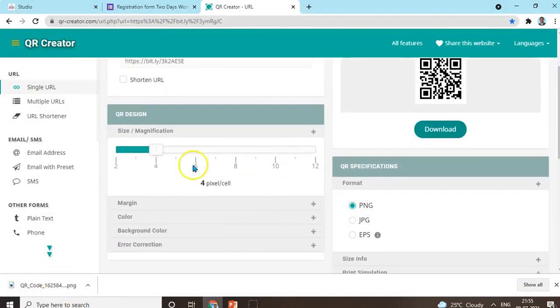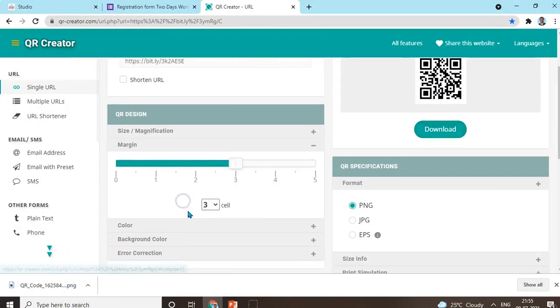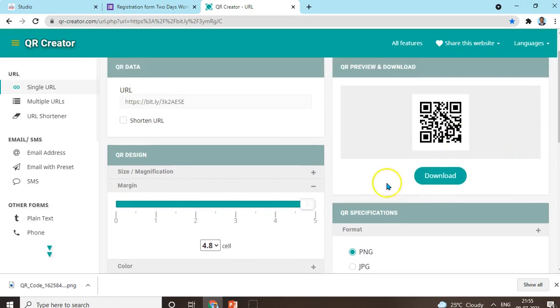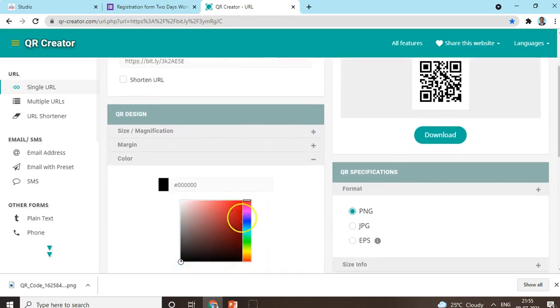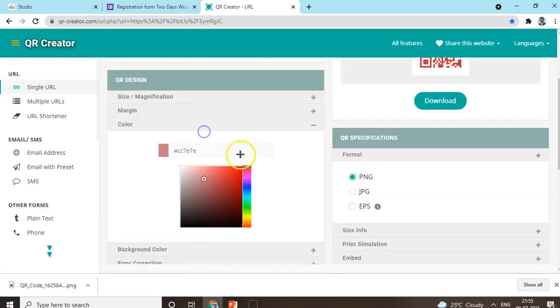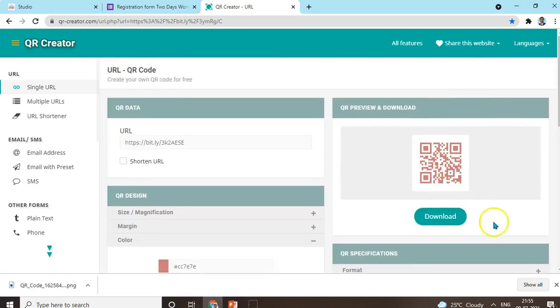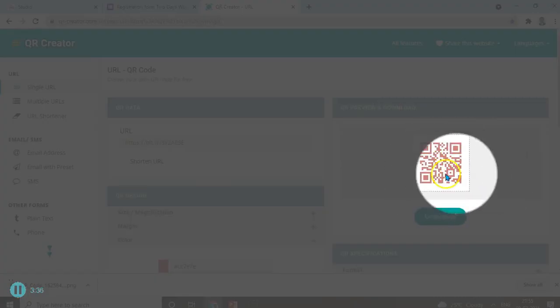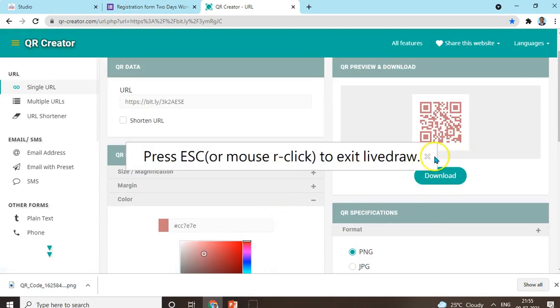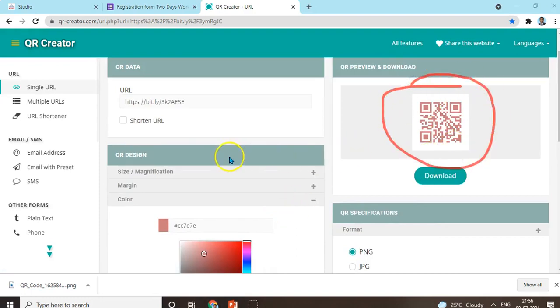Even we can change the color of this. Now see, the option is there, we can change the margin of these particular things. If you want to magnify this, you can magnify. We can add a color. If you want a background color, you can add this color. Now see, it has been changed. Okay, so these changes we can make over here. And the URL is also ready. So both things are ready, means you have shortened the URL as well as prepared the QR code of the same link.